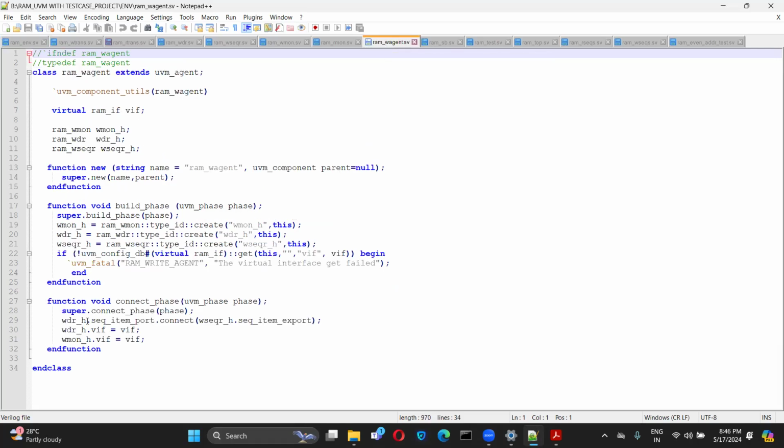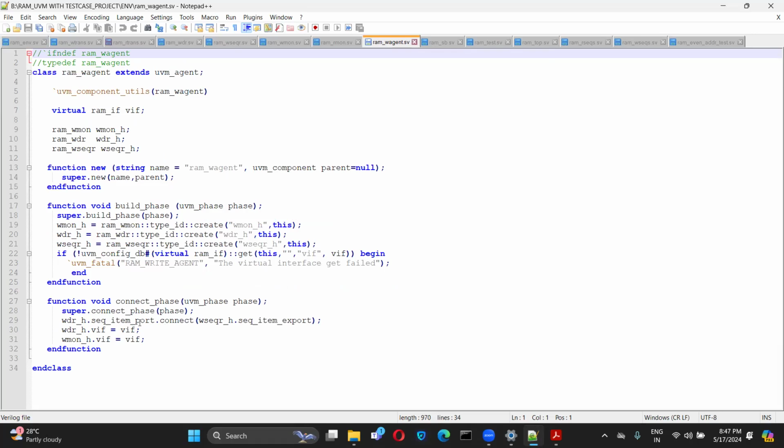In the agent connection, what connections will you have? We have sequencer to driver and interface to driver. But we are just designing, and so far we don't know the interface part, right? So let's ignore that. The other thing is the sequence item port to the sequence item export. That we are doing in the agent connect phase.